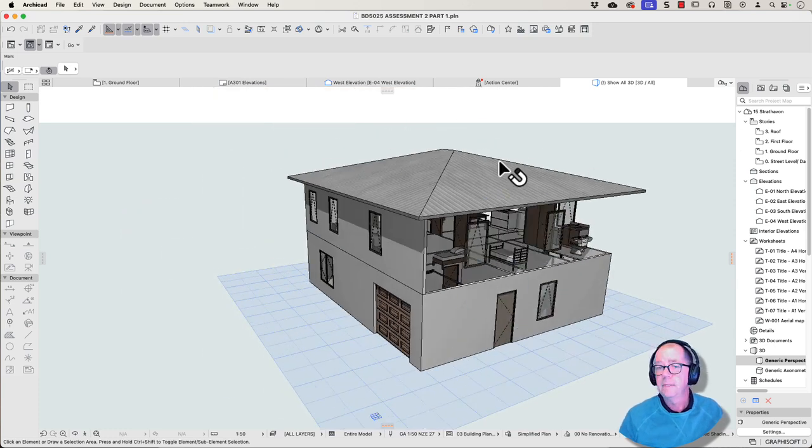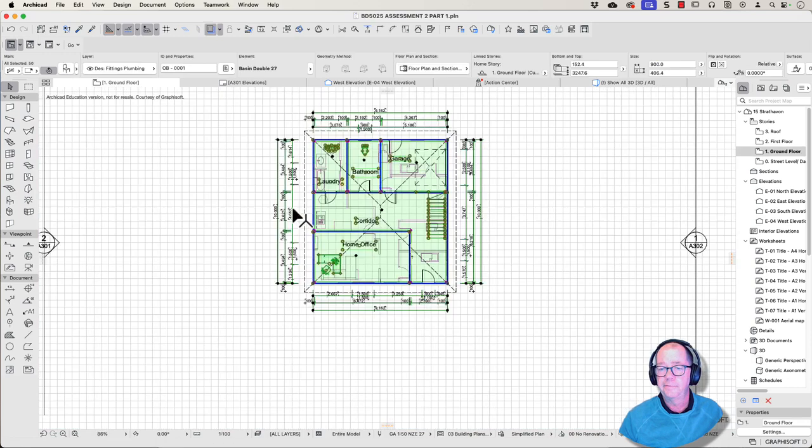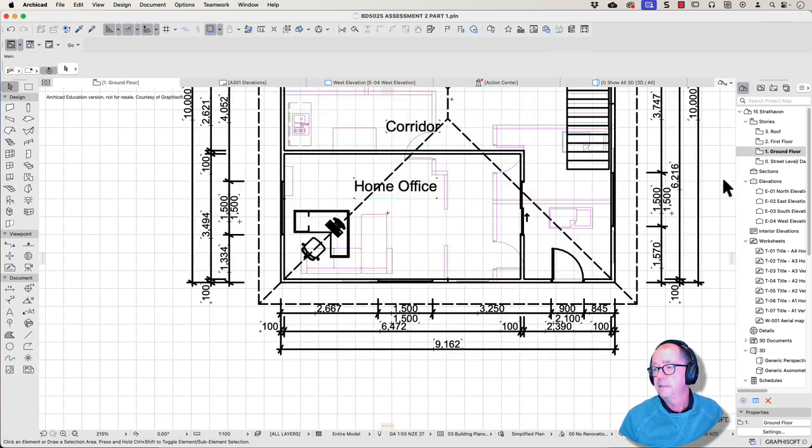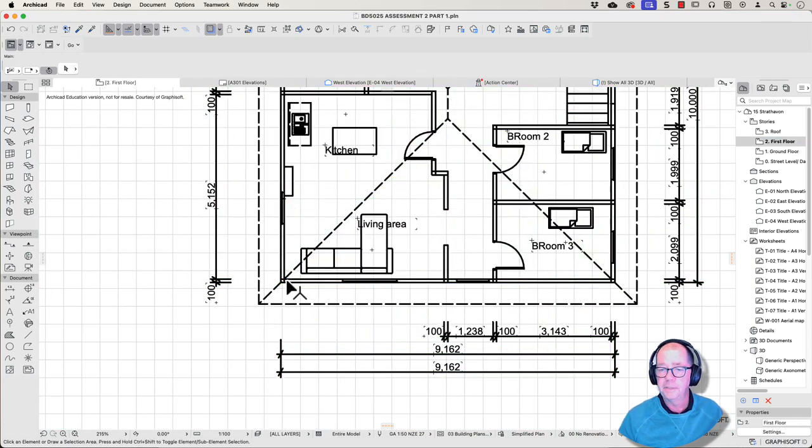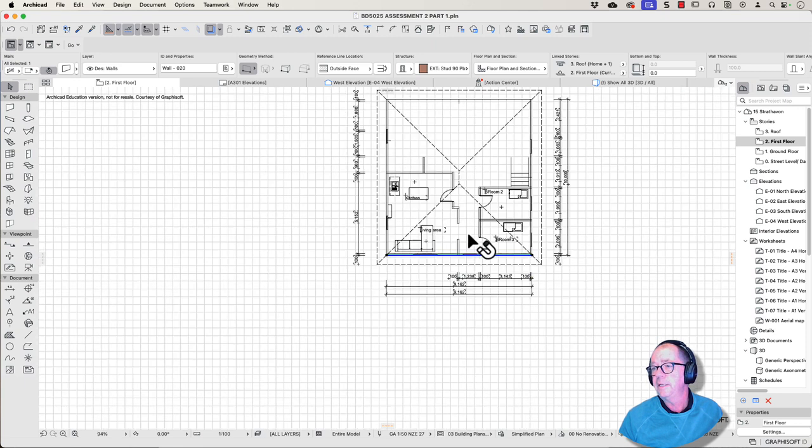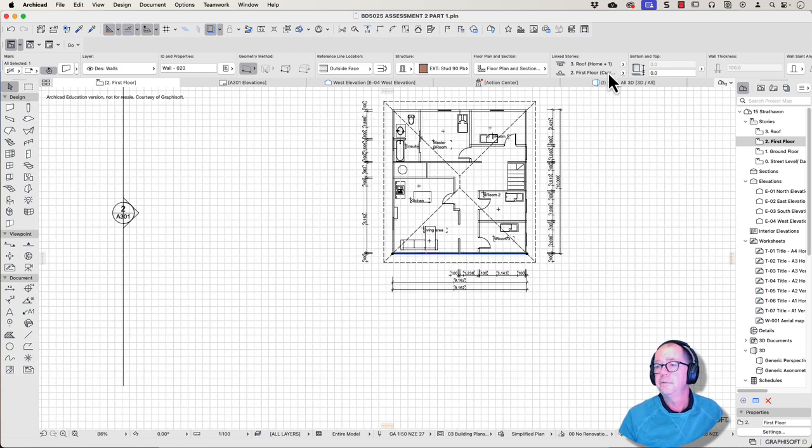I'm going to go back to the ground floor. That's fine. Let's go to the first floor. That's this one here. So these walls here need to be changed so that they are not linked and we can put in the height that we want. Now, an easy way to do that would be to select the wall tool, do Control A so it selects all the walls together. Let's unlink all the walls,